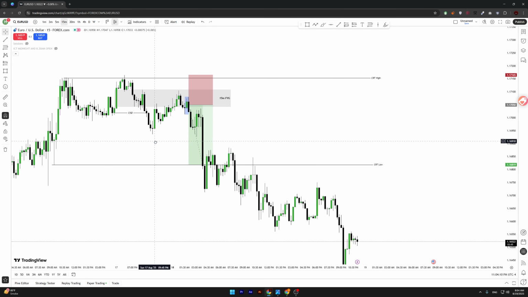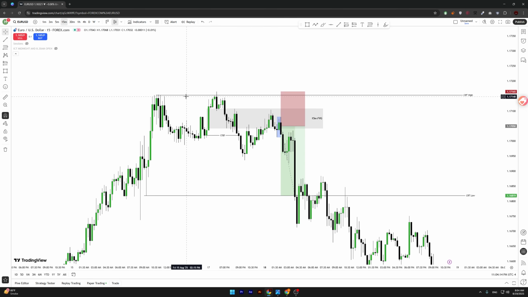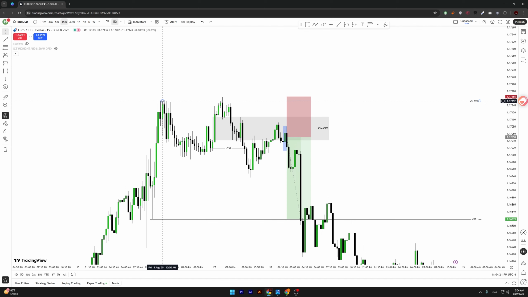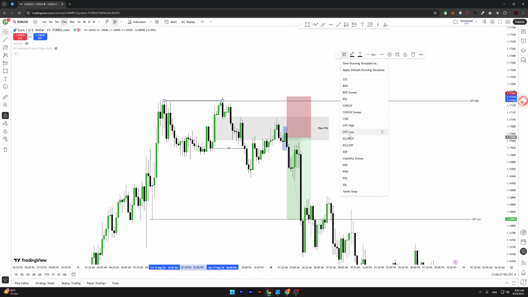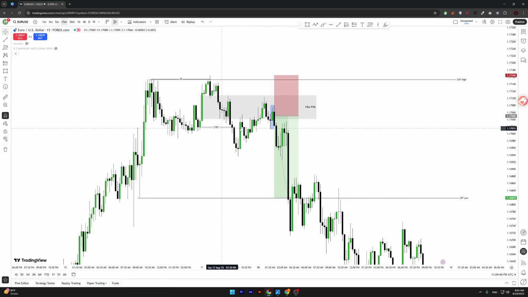Price swept this high, the candle range high, and gave me a turtle soup. This was the turtle soup that price printed. Sorry guys, I haven't created the template. This was the turtle soup that price printed and gave me a clear